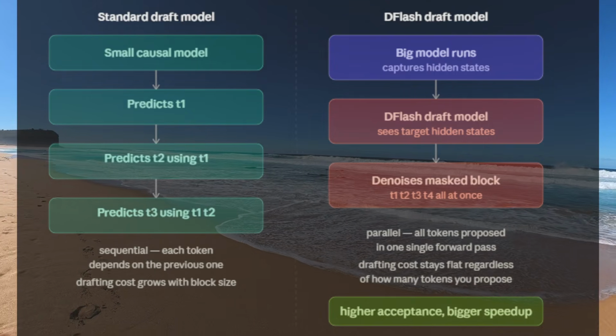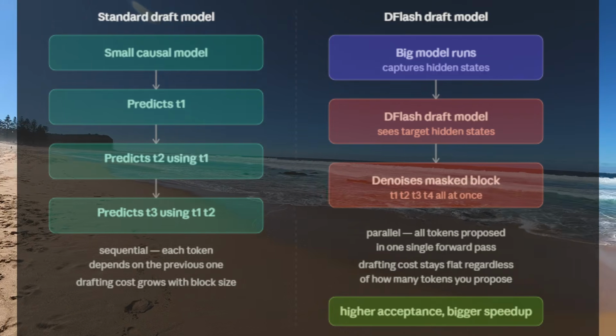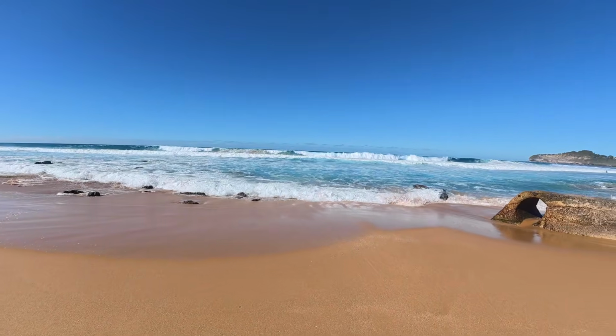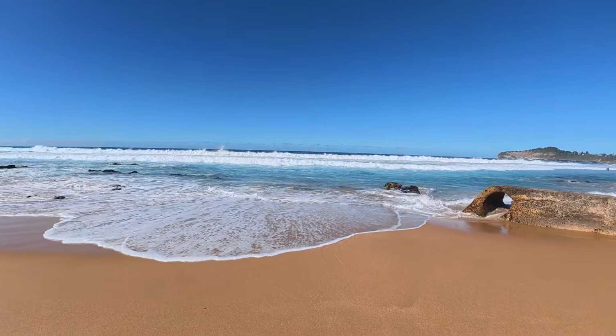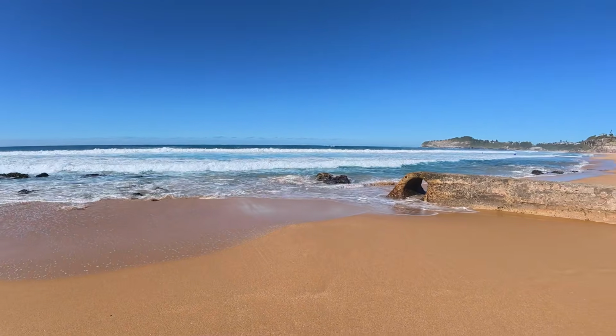No sequential dependency, and you can see how easy it is becoming because there is no growing cost as the block gets bigger. That is why DFlash gets 3 times the speed up where standard speculative decoding might just get 1.3 times. Let's go back to the terminal,